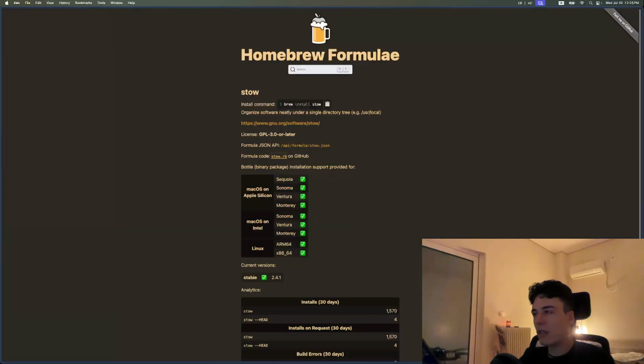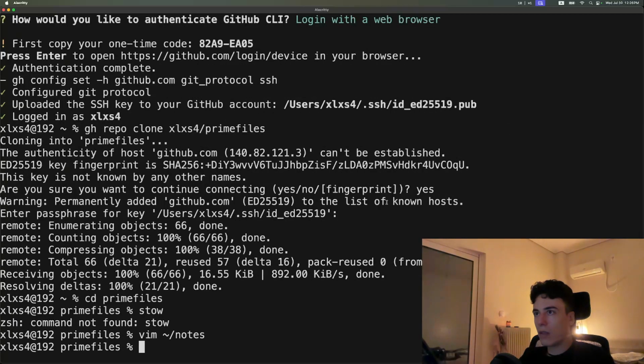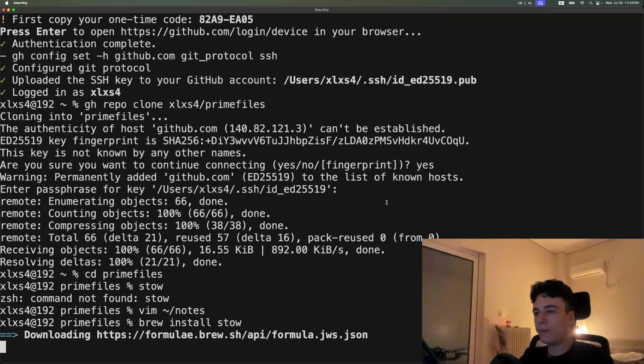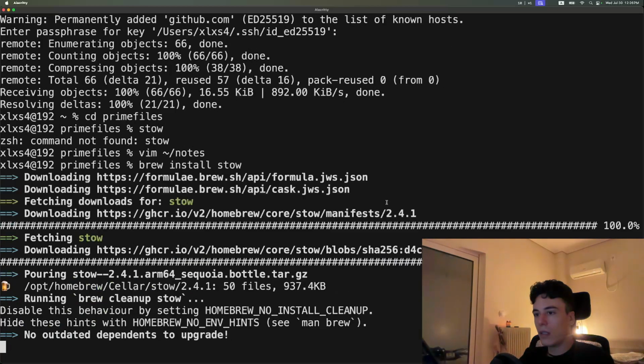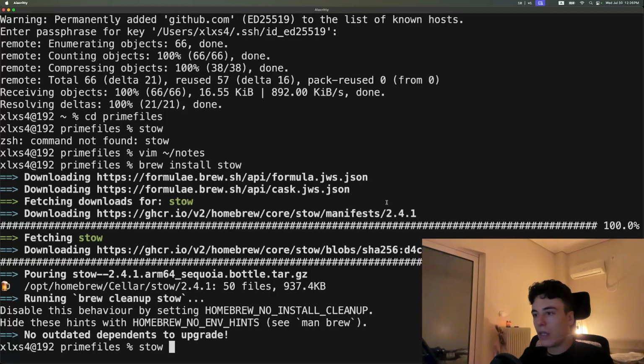Okay, it is indeed the latest, so I can just use that. Brew install stow. So brew install stow. And we get stow. And then I can do this and it will